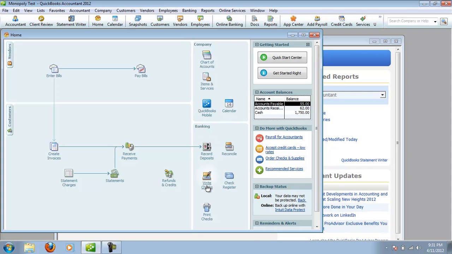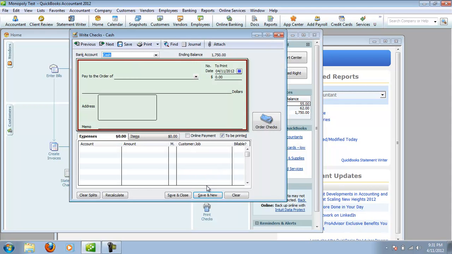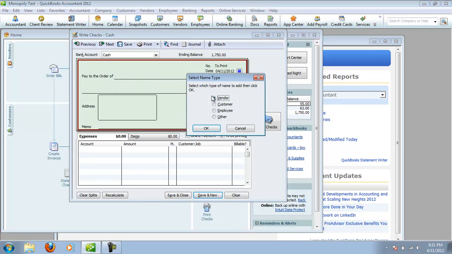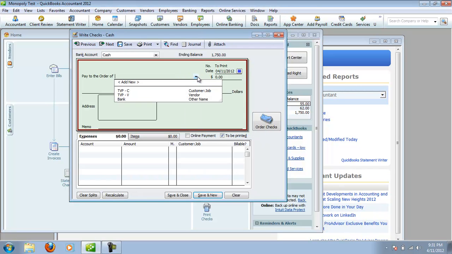In the case that I buy a property, well, let's do that one first. If I'm going to land and I'm going to buy a property, so I'm going to pay the bank. You may not have the bank yet. So if you type in bank, it's going to kick you to this screen. If you want to quickly add them, I just quickly say other and click OK, and you should be able to pay to the order of the bank. I've actually already done this, but it's an other account. And so I'm going to buy